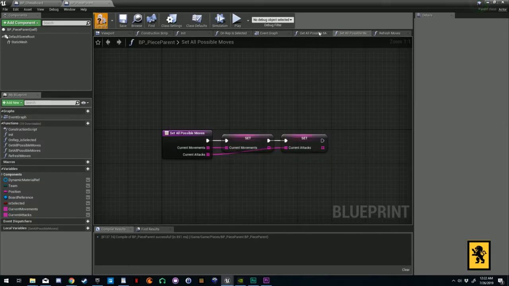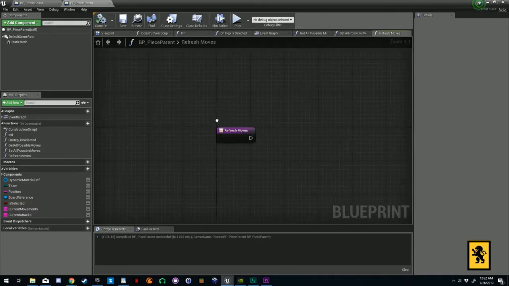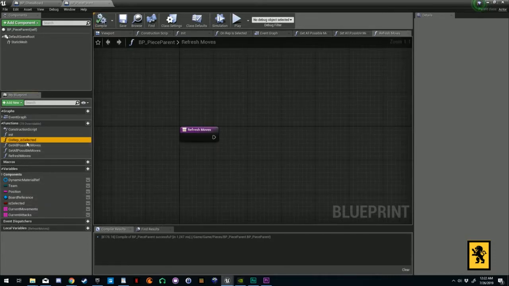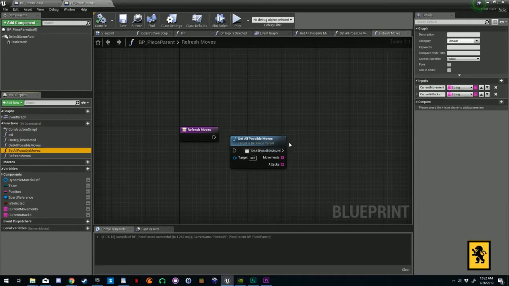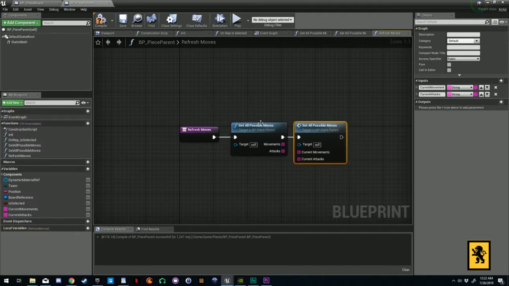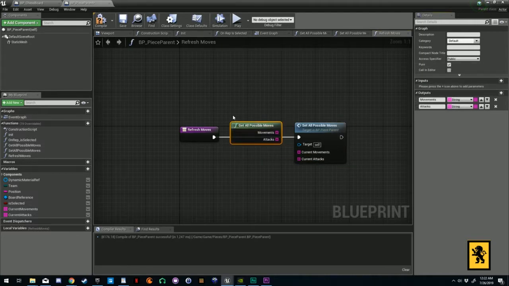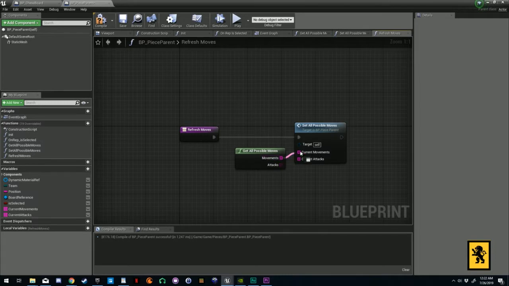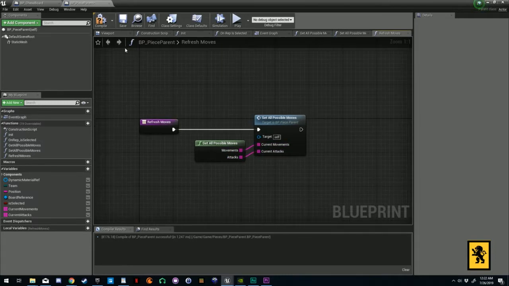Okay, save, compile, and then let's go over to refresh. And what refresh is going to do is get all and then set all. And get all can actually be a pure function. We can just hook that up right there. Save, compile, and the next thing that we're going to do is we're just going to create a new function,